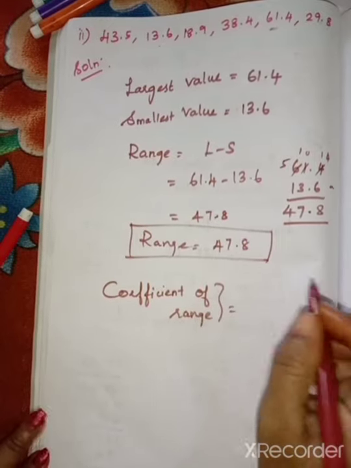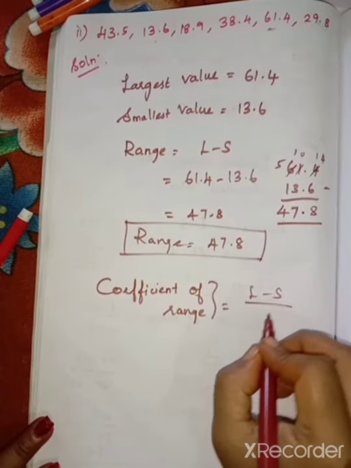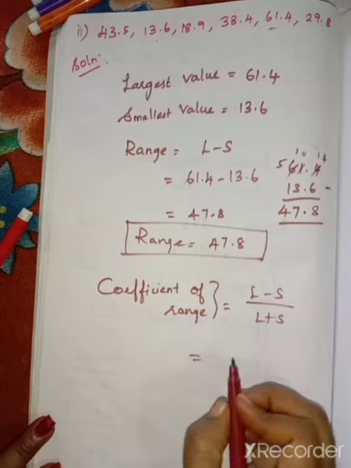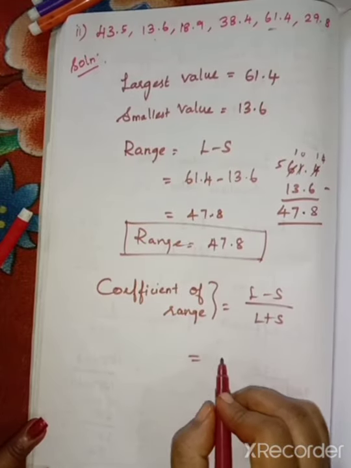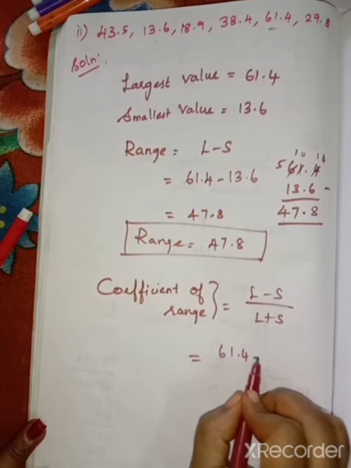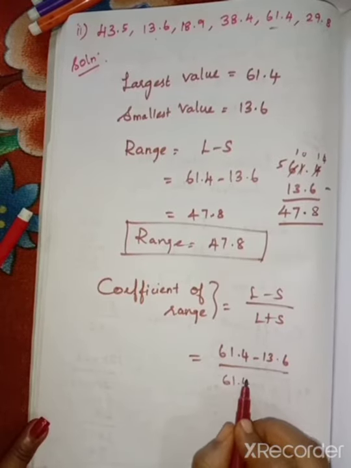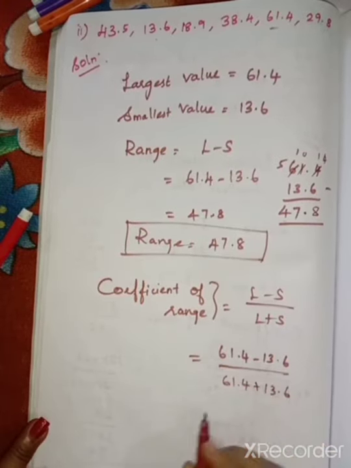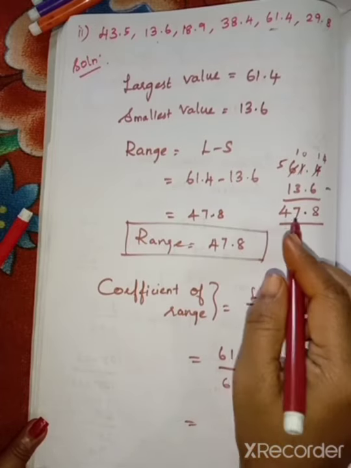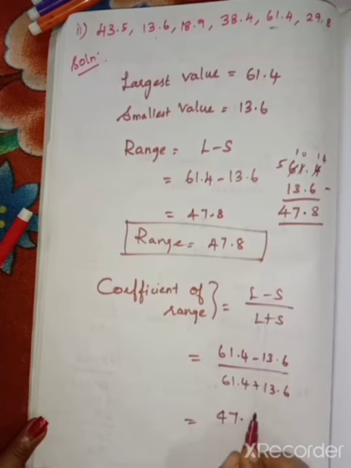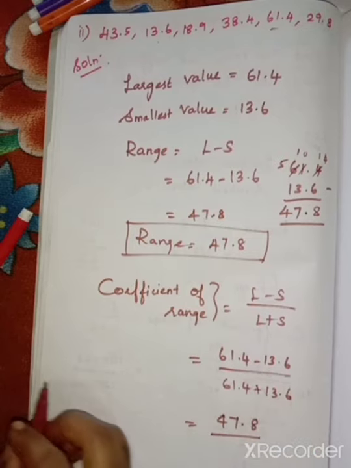So the coefficient of range formula is L minus S divided by L plus S. Here, L is 61.4 and S is 13.6, so it is 61.4 minus 13.6 divided by 61.4 plus 13.6. Already we subtracted; the value is 47.8. If you add, that is